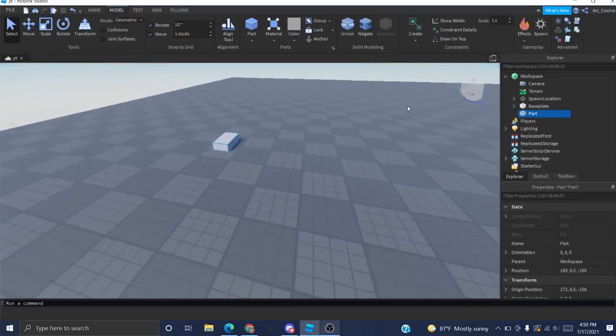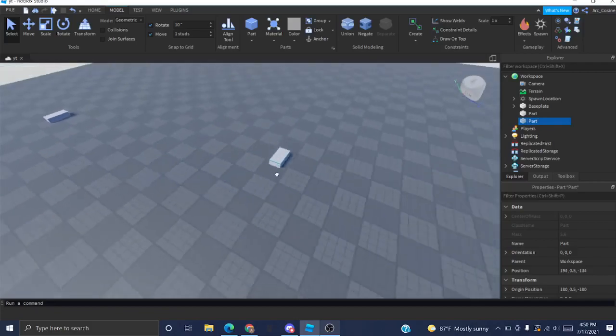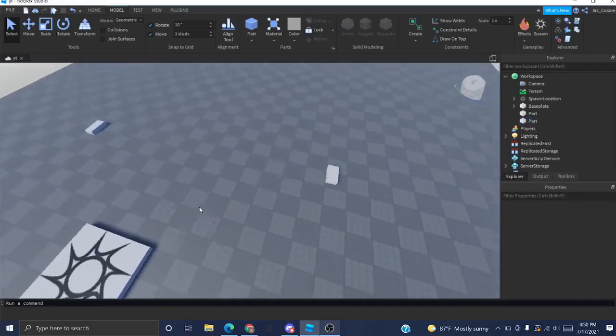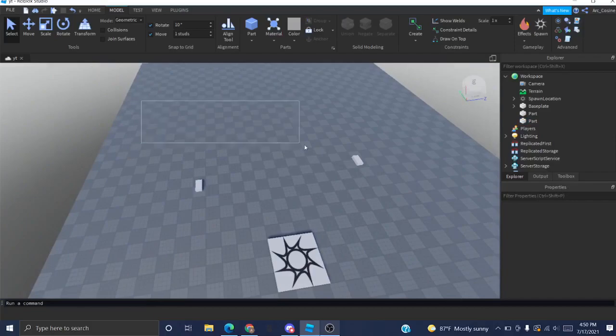Now I'm going to press Control D, which will create a new part in the Explorer. I'm going to take one of the parts and drag it to a different part on the map. Now I'm going to select both of these and